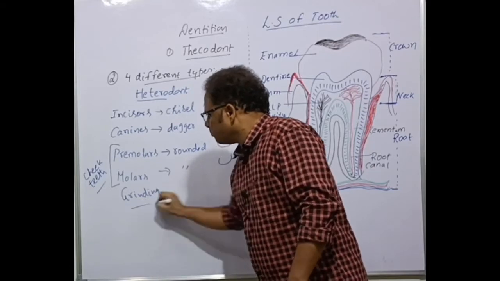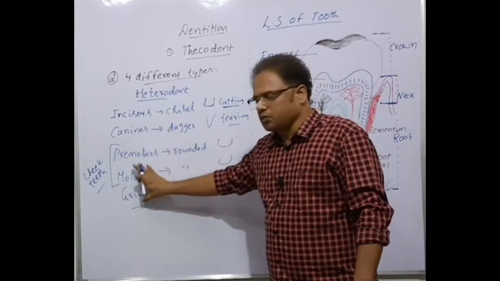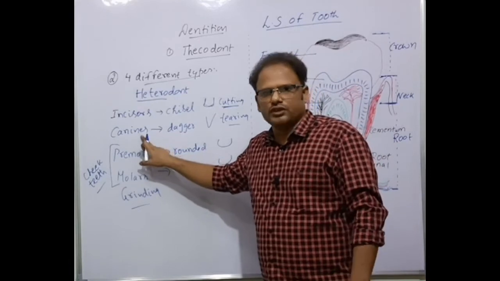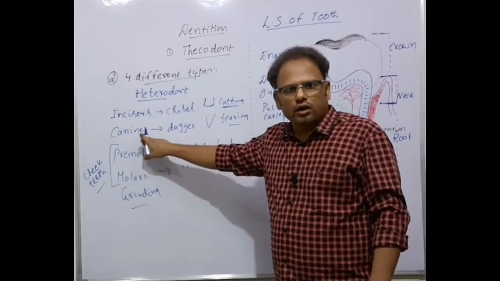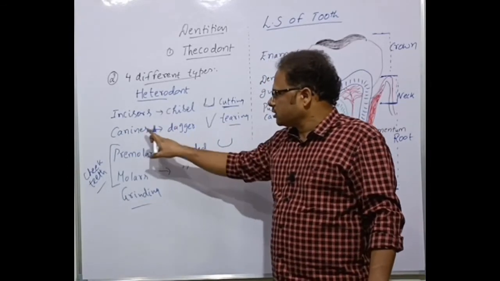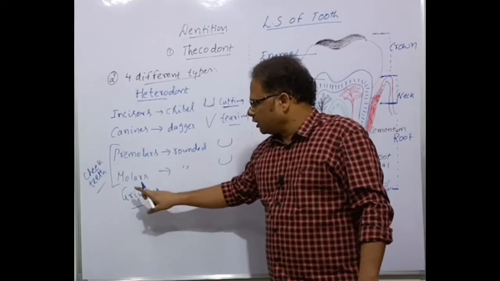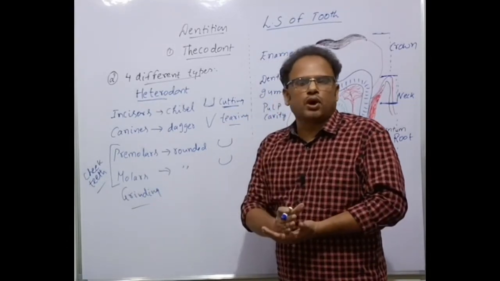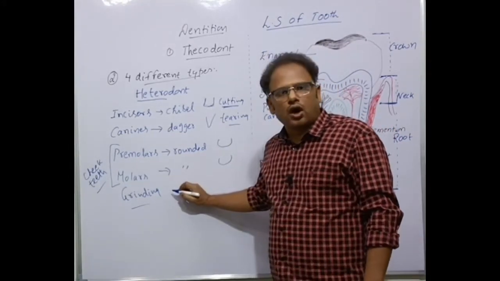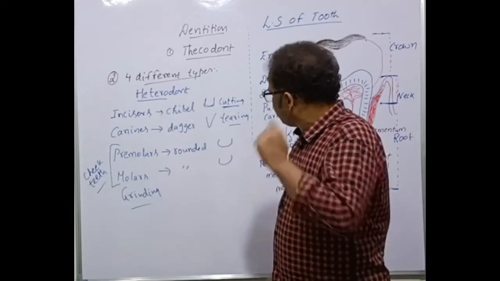Grinding the food, mastication, biting and grinding the food here. These are useful for biting, these are useful for grinding, and this one is useful for tearing the flesh, especially here. Whichever is very sharp is useful for tearing hard food. That's why these very sharp, dagger-like teeth are called canines. And these premolars and molars are useful for grinding the food, breaking complex food particles into simpler ones, and that's nothing but mechanical or physical digestion. I told you especially, isn't it? So these are the different patterns of teeth.